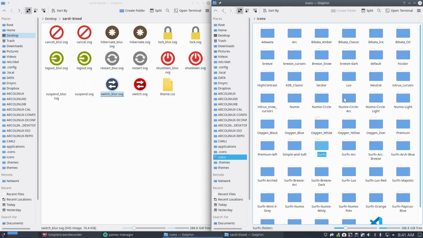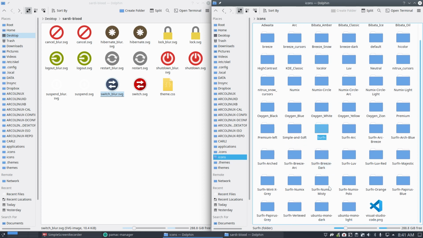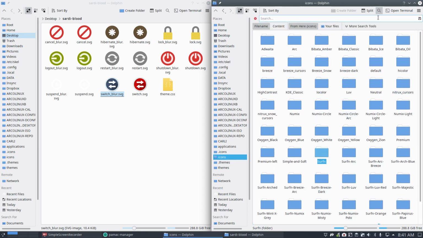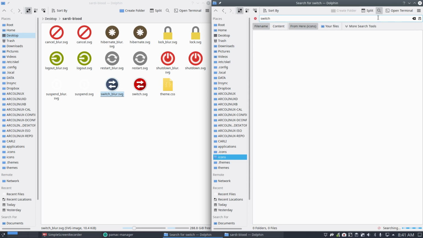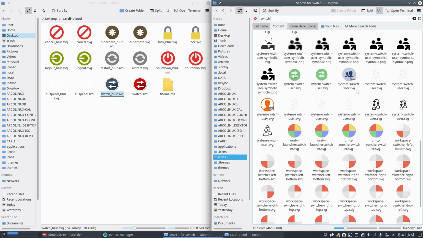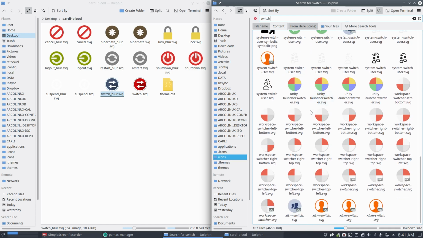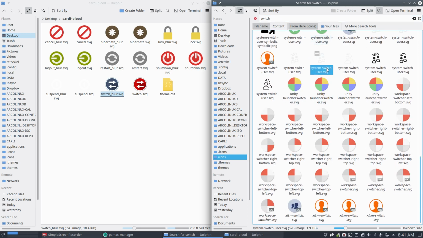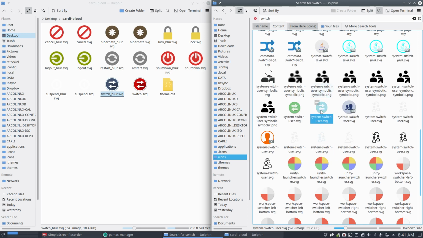So not staying in Surfn and having a look at all the installed icons. Any good in there? Switch. That's the most, and it's an SVG, so it's important not to get the PNGs out of it. But this guy is coming from, I don't know where,